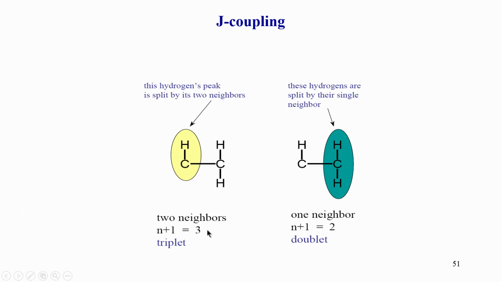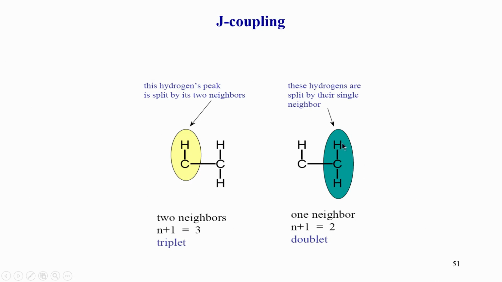Okay. So, a triplet means 3 lines. Now, the intensities of the 3 lines are not the same, but we will see that soon using a concept called Pascal's triangle. Now, let us look at these two hydrogens. We looked at the yellow one here. Now, in the same molecule, let us see what happens to these two. These are chemically equivalent, as we assumed. Remember, it need not be equivalent. In fact, in biomolecules, moieties like this are never equivalent. We will see that when we come to the biomolecule part, but let us assume for now that in some molecule they are equivalent.